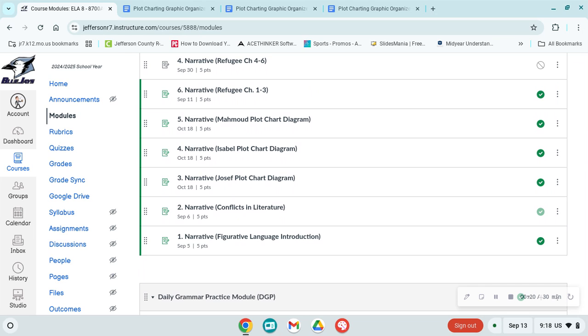So looking at what we need to open up, you're going to open all three of these plot chart diagrams, but I would do it one at a time. So open up Joseph's plot chart diagram. Once you click on Joseph's plot chart diagram, it's going to still look like a normal Canvas activity. Now keep in mind, Joseph